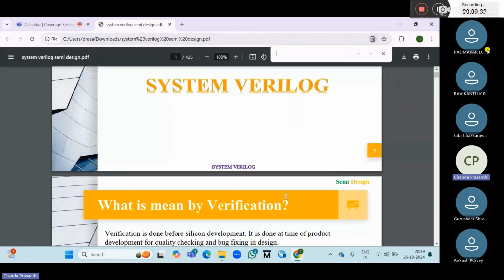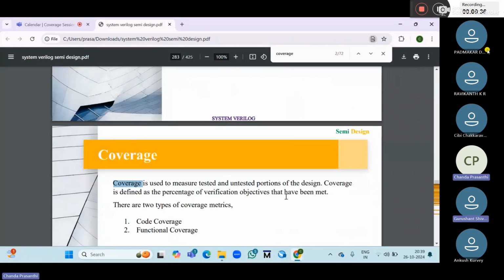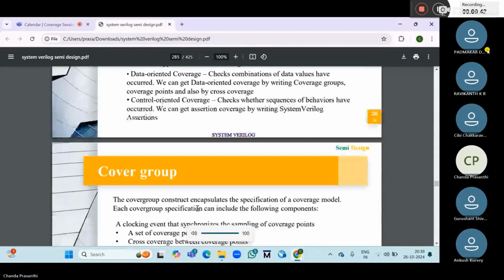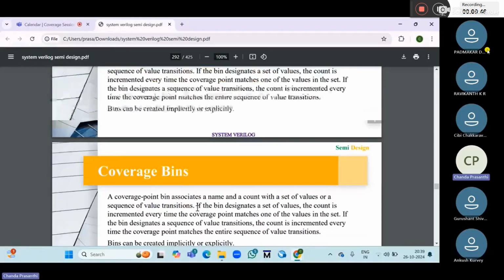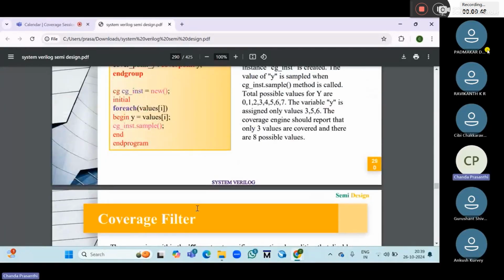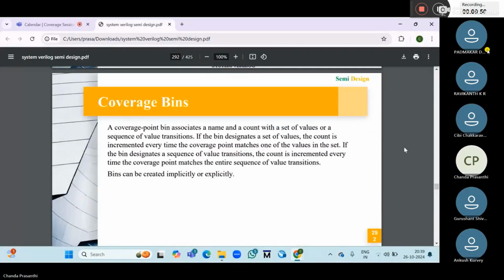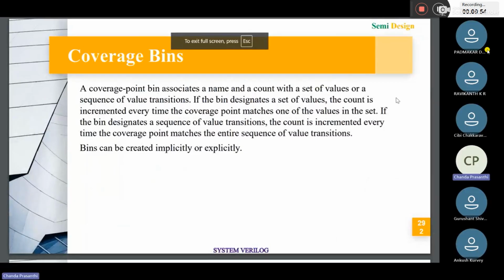Before that, do you have any doubts, everyone? No, ma'am. Did you practice whatever we discussed in the last session, like cross coverage? Did you all practice till then? Padmakar, Gurshant. Yes, ma'am. Radhikant,